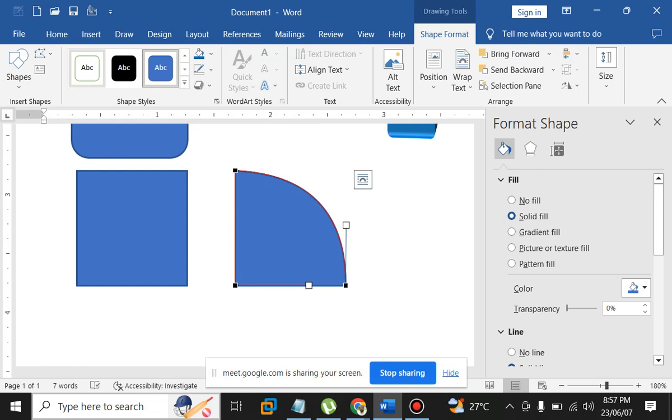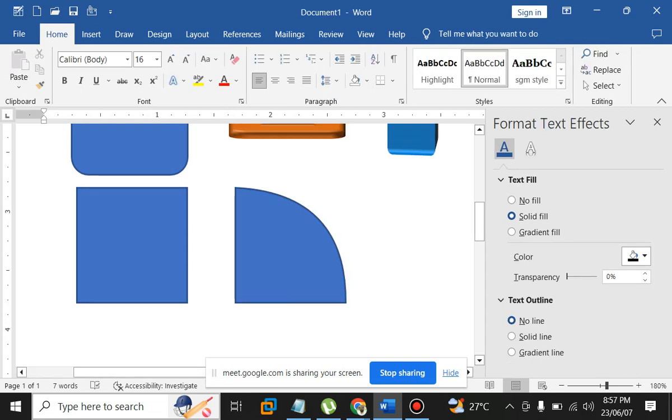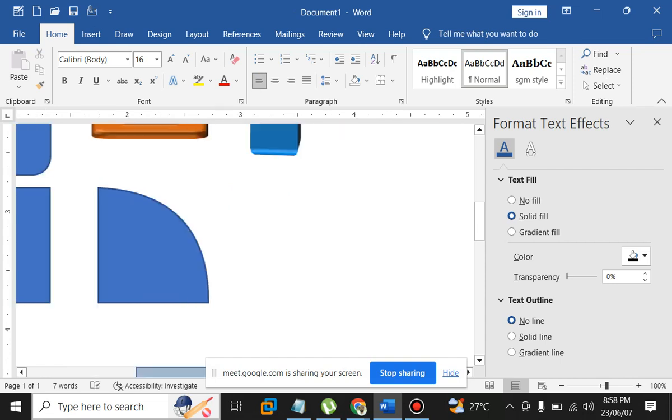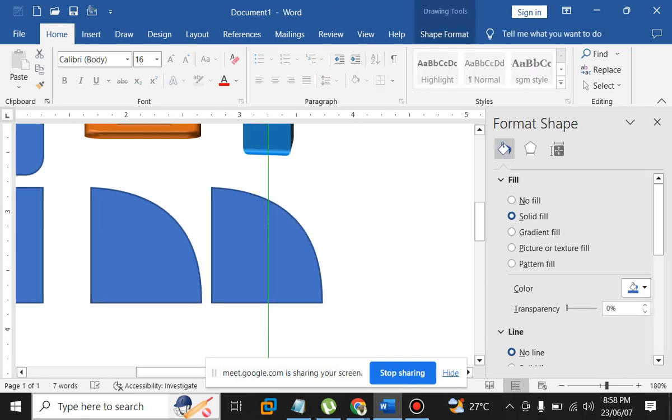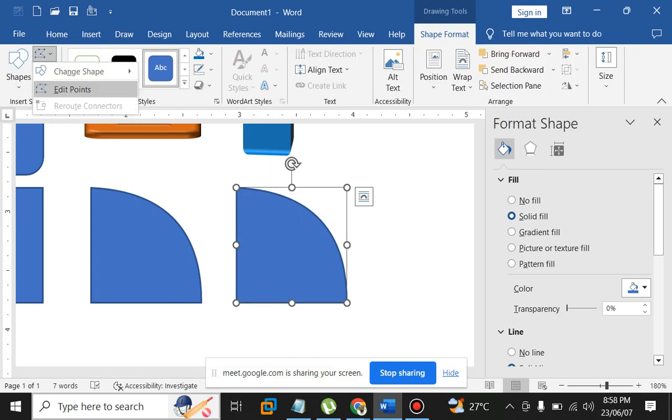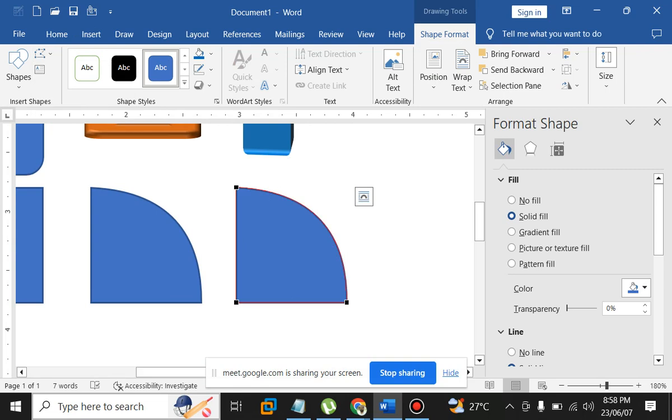And again, what you do is take the duplicate copy, Control plus Shift plus click and drag. Then what you do? Again, go to shape format, then edit the point. So when you are editing, sir, I don't want this curve line now. So what you do? What you want? So you want straight line. So for that, what you do is just right